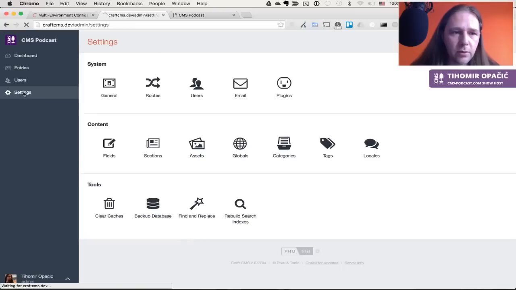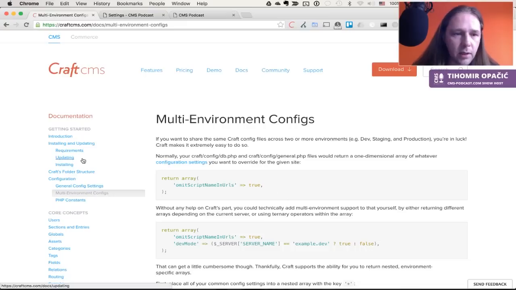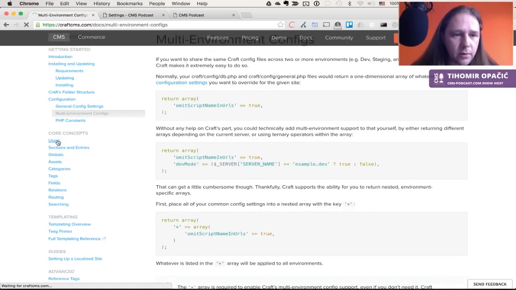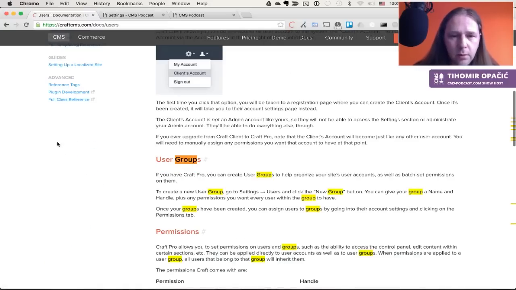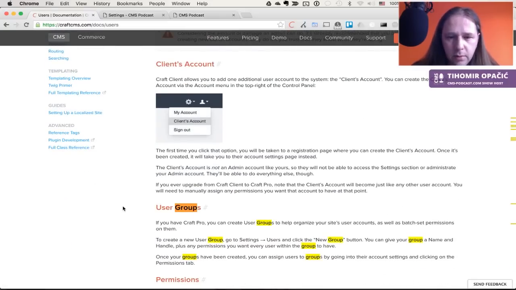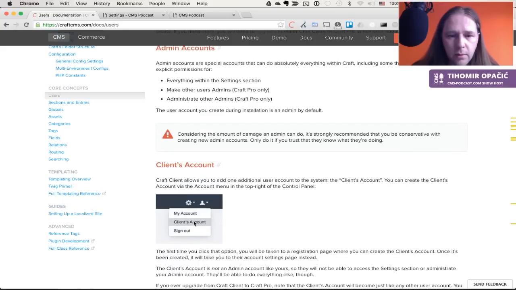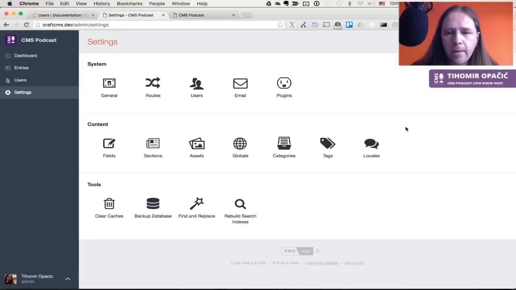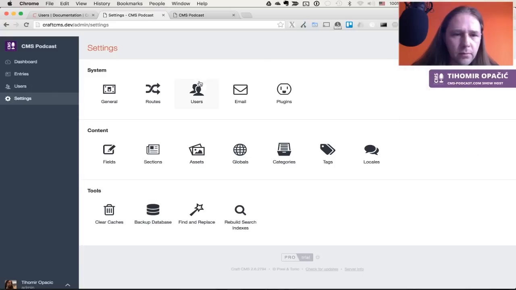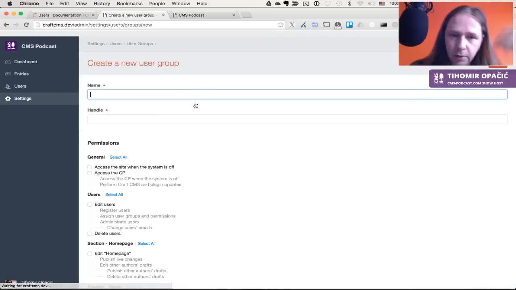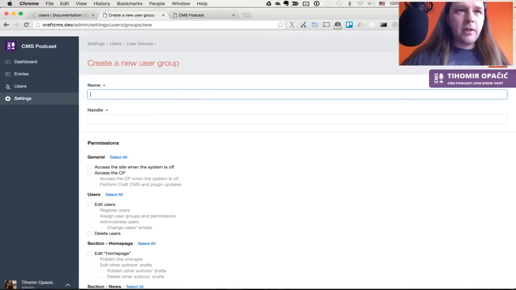So it's in user groups. Not really sure why I'm not seeing them. So let's check the docs. Users, user groups. Yeah, it's here. So let's create a user group named copywriter, and then